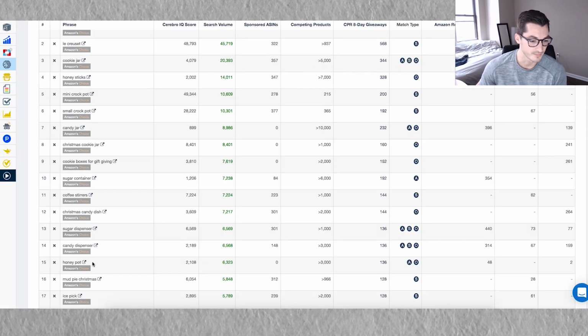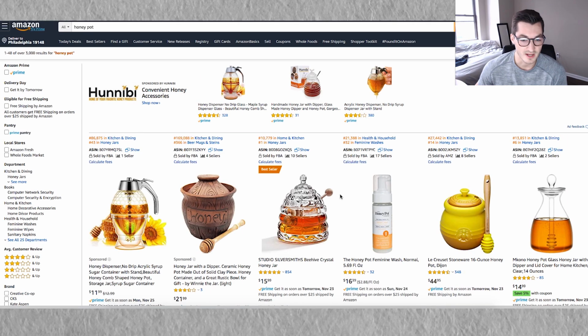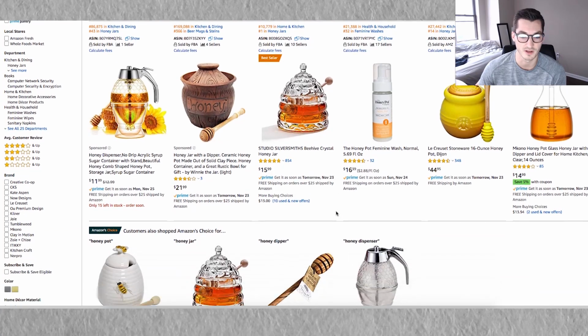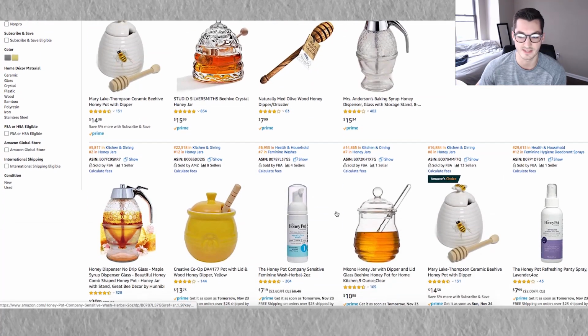Coming down the list here, we come across honey pot. So honey pot, let's open this up. Like I said, in this case, I already kind of knew that our main search term was honey pot. In many other cases, you might not know. And this does seem to be our main keyword because it has 7 to 10 of our